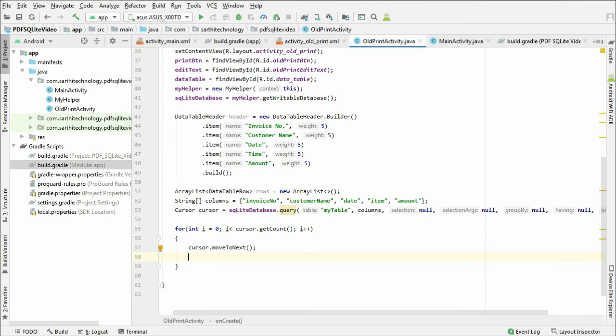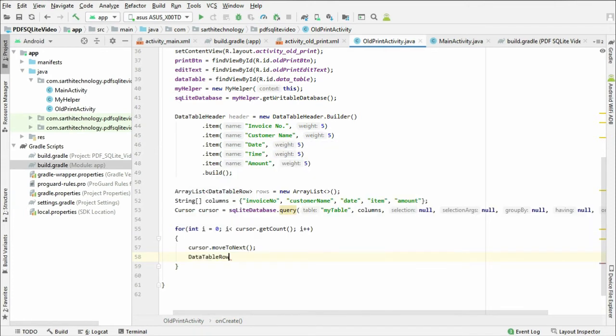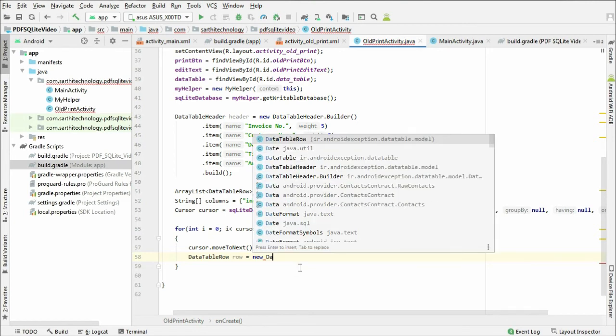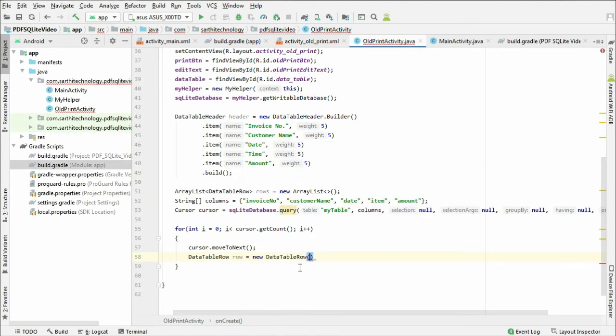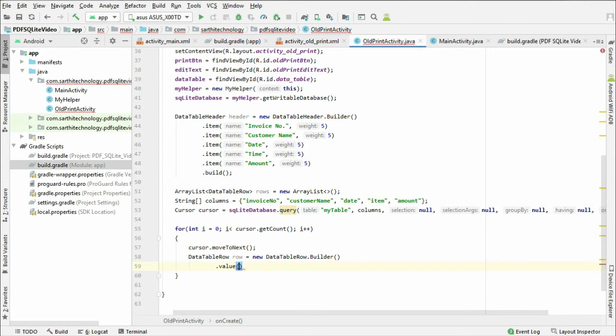Here we will create an object of data table row. So data table row dot builder dot value.